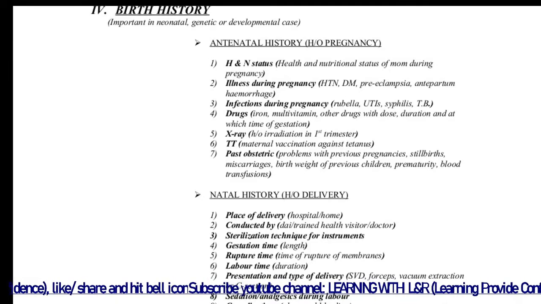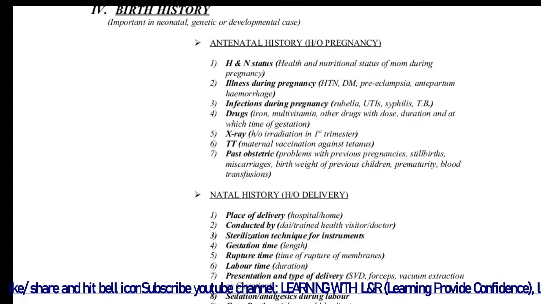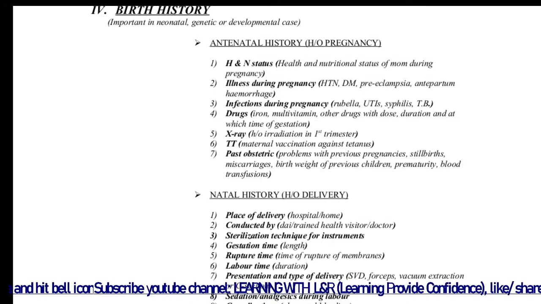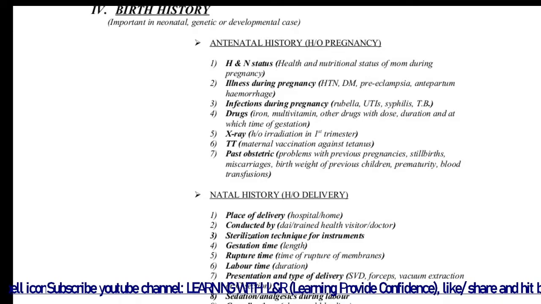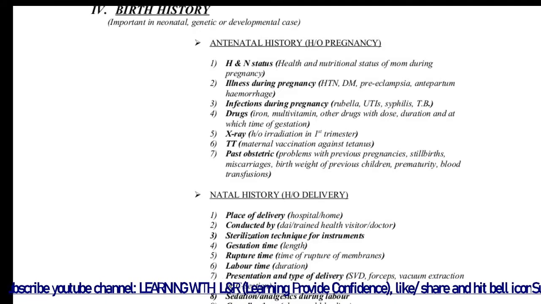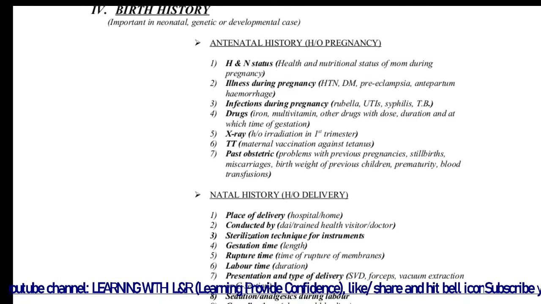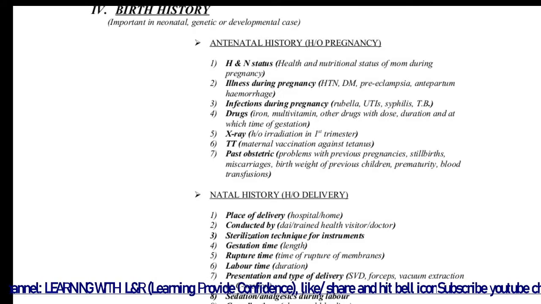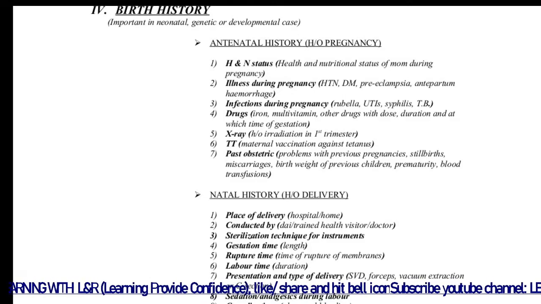infections during pregnancy: rubella, urinary tract infections, syphilis and TB. Drugs, the drugs taken by the mother during the pregnancy: iron, multivitamin, other drugs with dose, duration and at which time of gestation. Right. X-ray, history of radiation in first trimester. Then TT, maternal vaccination against tetanus. Then past obstetric, problems with previous pregnancies, any kind of stillbirths, miscarriages, birth weight of previous children, then prematurity, blood